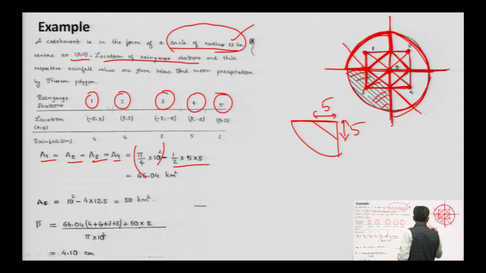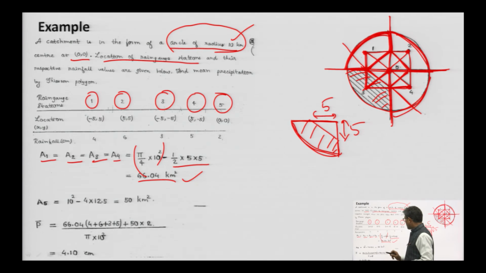So it is 1/4 of the total area minus this area, which represents the area for A1, A2, A3, A4. Pi by 4 into the radius...